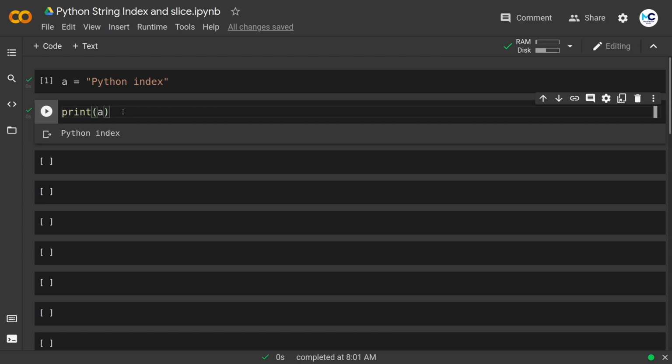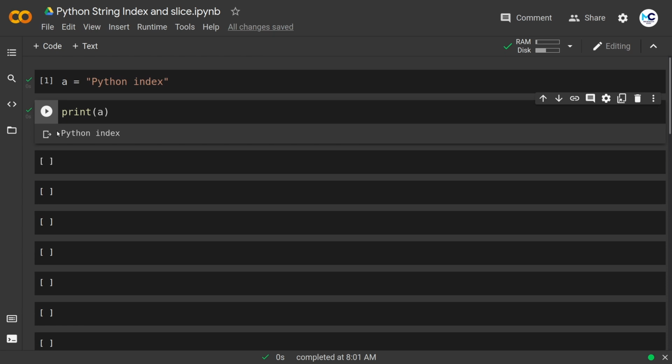Now I want to print only one character. I want to print this first p only, then what? For that I can use Python string indexing. Index allows accessing any individual character in the string. In Python, all strings have index values to work with. All the characters of the string have their individual index values.